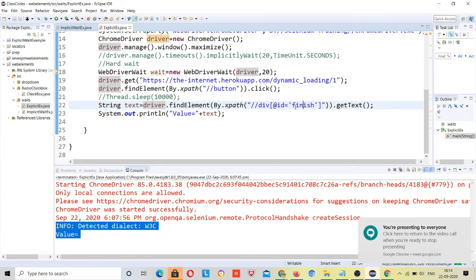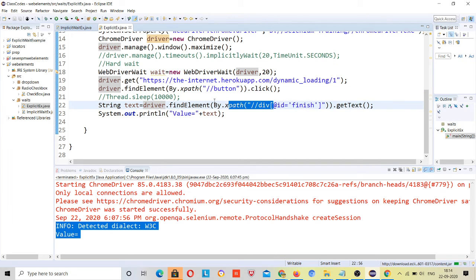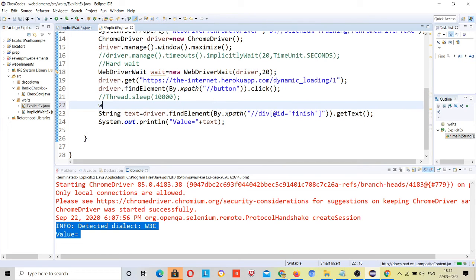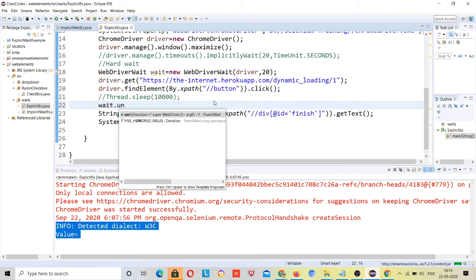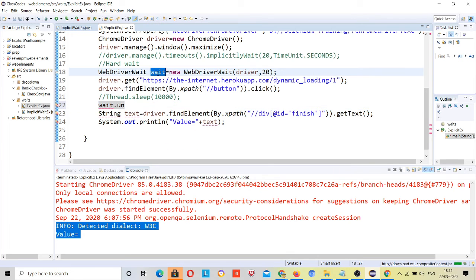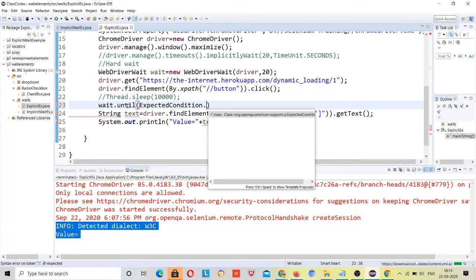Because I want that before this text is visible, right? So wait.until. Where does this wait come from? This object, right? The object will wait until certain conditions, right? ExpectedConditions dot, these methods are present.